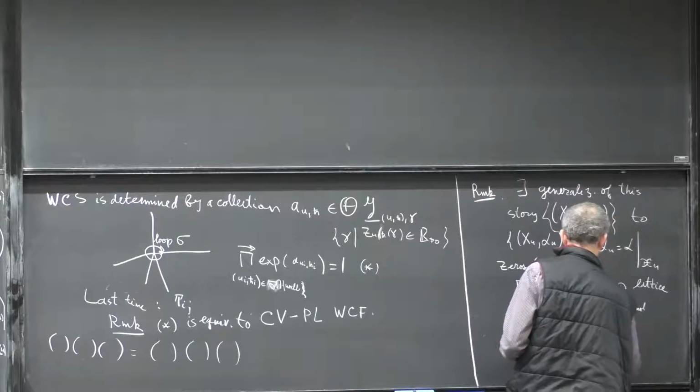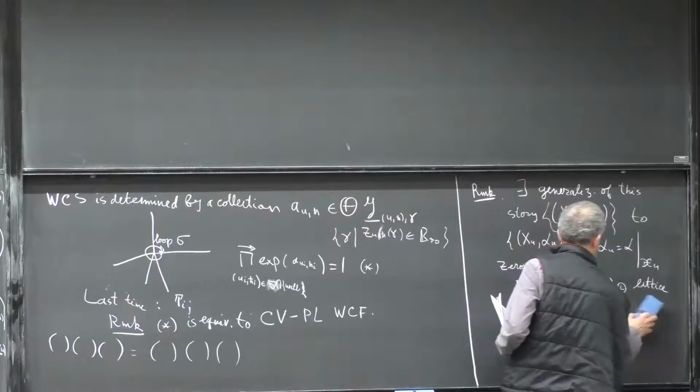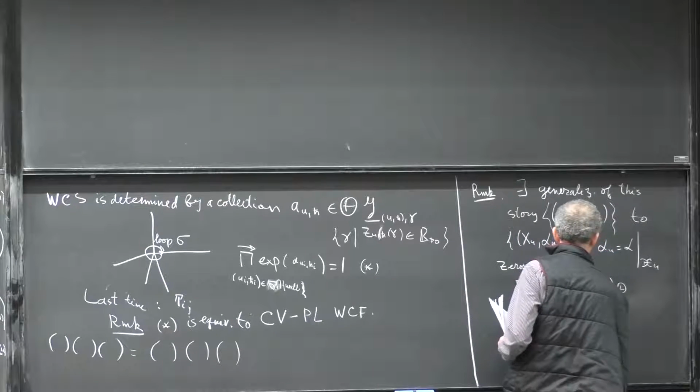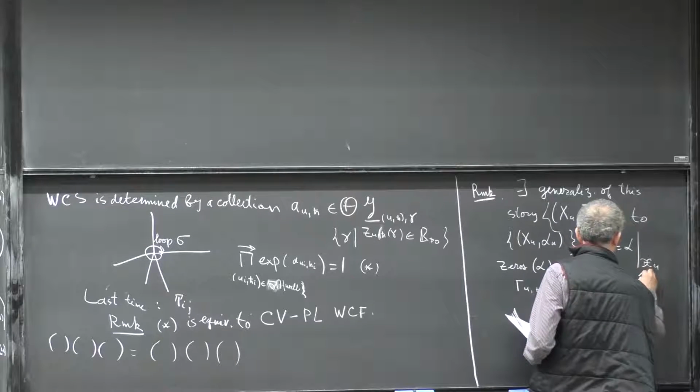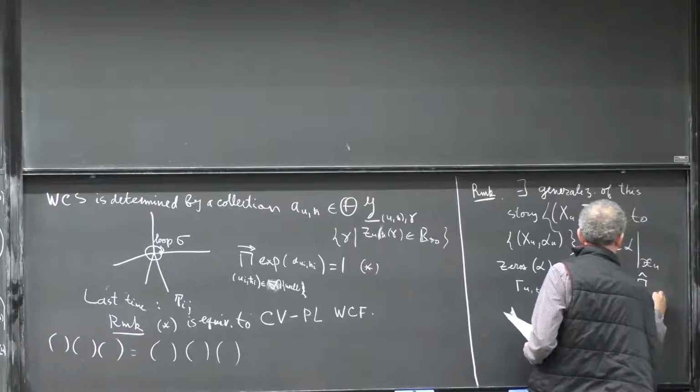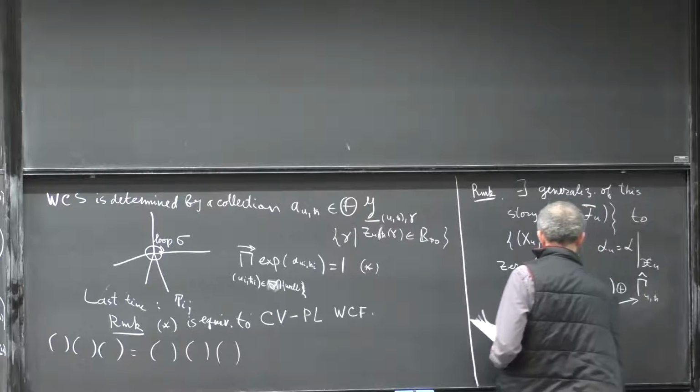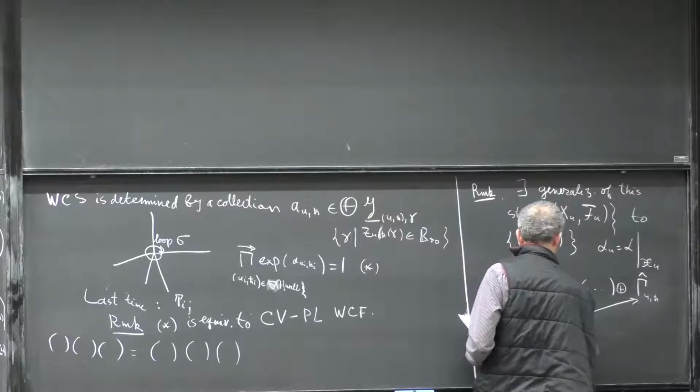Integer. Okay, maybe let me write it. Just denote it somehow. Gamma_H. And this is